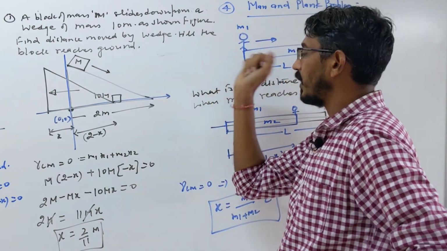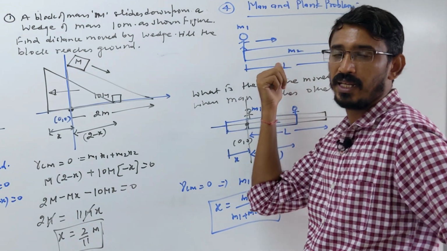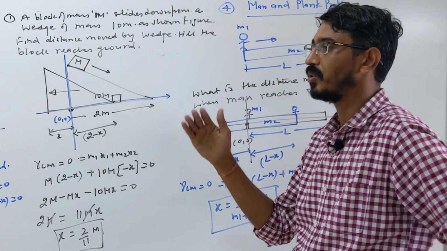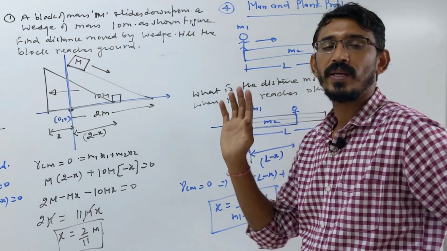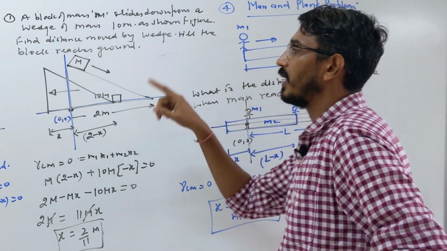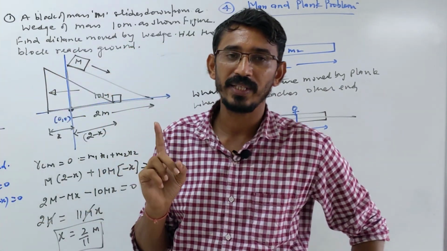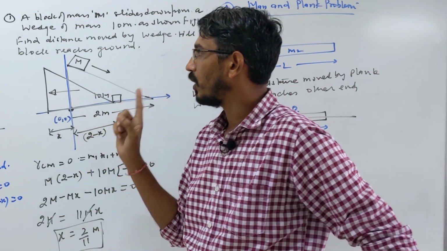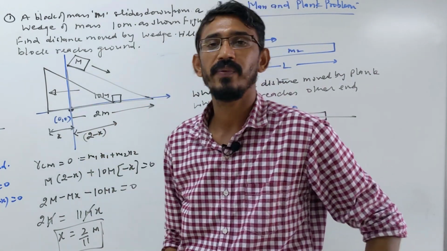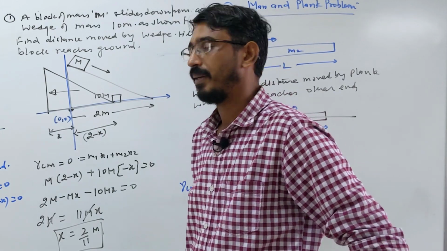But if the velocity of any one is given, like the velocity of the man is given and they are asking the velocity of the plank, then you can answer: M1V1 plus M2V2 is equal to 0, because the velocity of the center of mass will be 0. Initially they are at rest, and they are moving as one internal system. So this is the main type of problem they ask on the motion of the center of mass, which is not affected by internal forces. There are a few other types of questions also, we will talk about them.